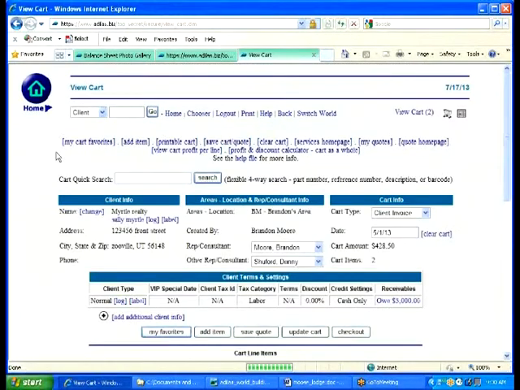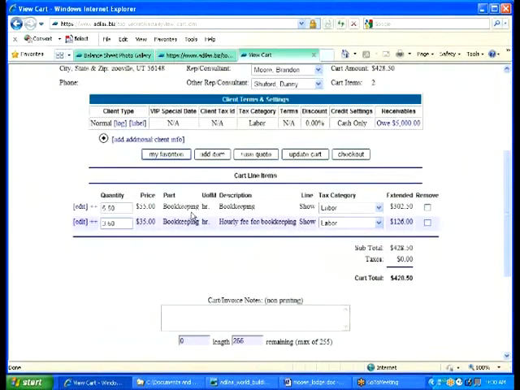But I wanted to show you that, like this bookkeeping here, we don't show the vendor on the invoice specifically because, if you have a company that's selling multiple items from multiple vendors, they don't really want their customer to know where they bought those items from. So you can have the same part number. So I could literally have bookkeeping in here an unlimited amount of times, but it would have to come from